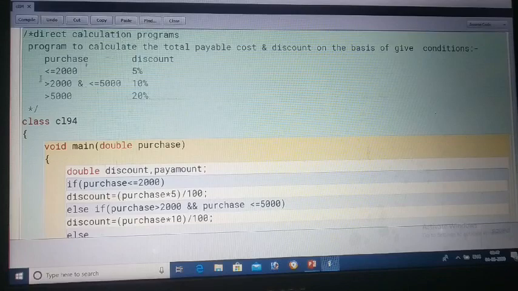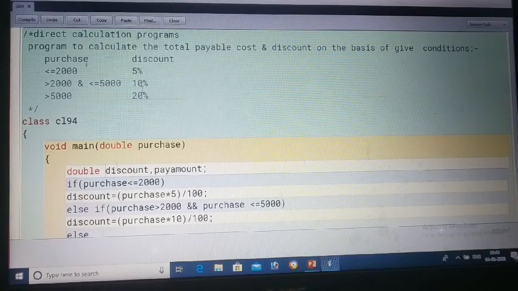Suppose any value falls in this range, so this condition will run, and only one condition will run, not all. Are you getting? Means if I have purchased 6,000, I will fall in this condition. If I have purchased 3,000 or 4,000, I will fall in this condition, so only 10% discount I will get.